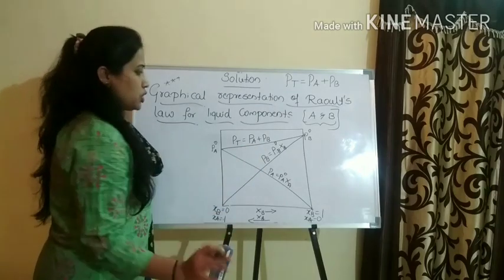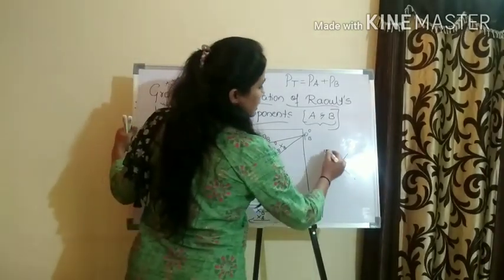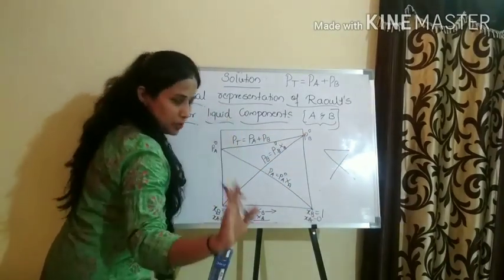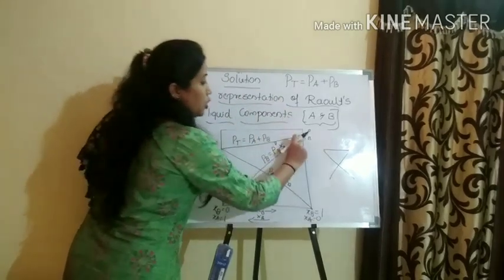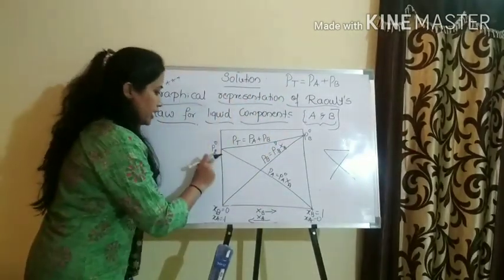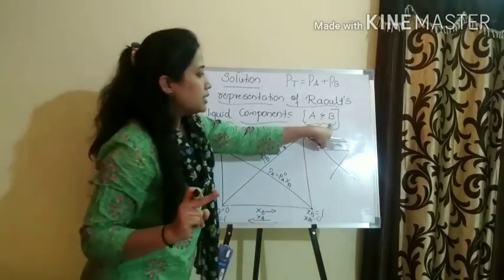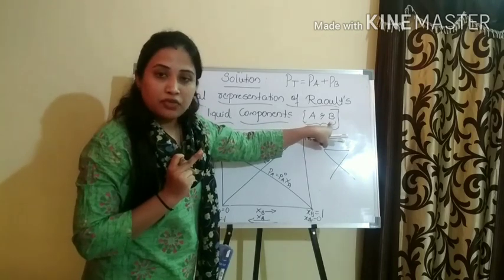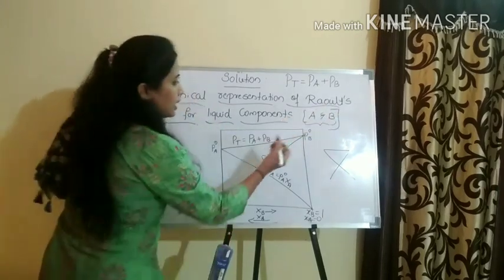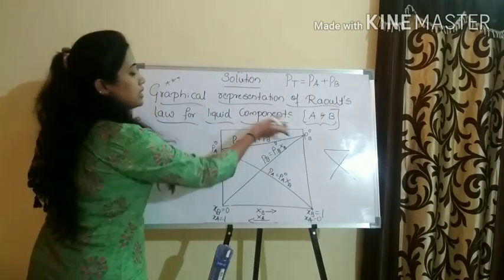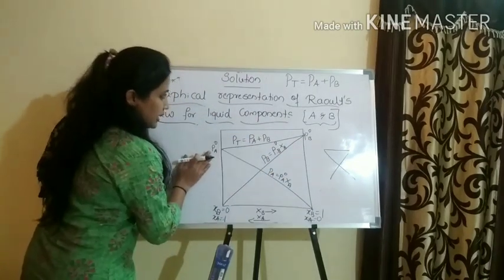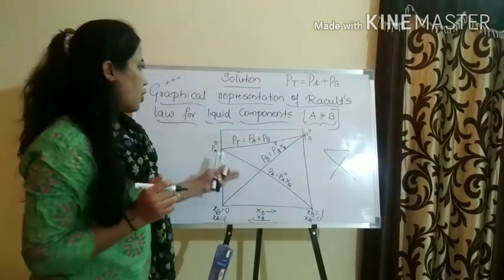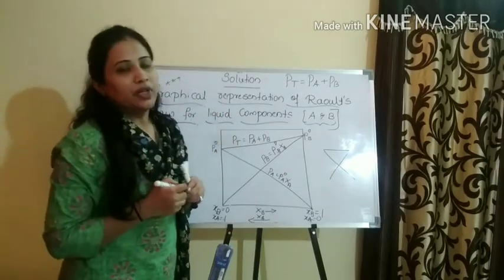Here you could observe the graph is not exactly like this. No, here it is somewhat leaning in this way. This represents that the vapor pressure of the B component is more than that of the A component. It means the B component we have taken is highly volatile in nature. The more the volatility of B, the more will be the vapor pressure. That's why it is at the higher point, whereas P naught A is a little lower, meaning A is less volatile compared to B. This is the graphical representation of Raoult's law for a liquid component.